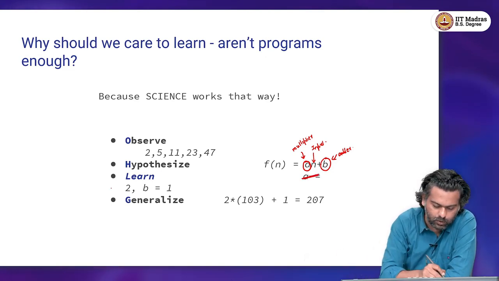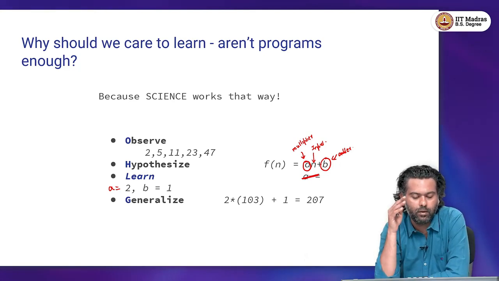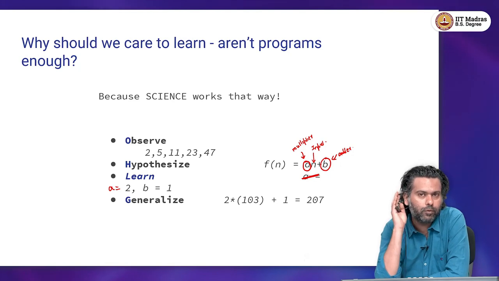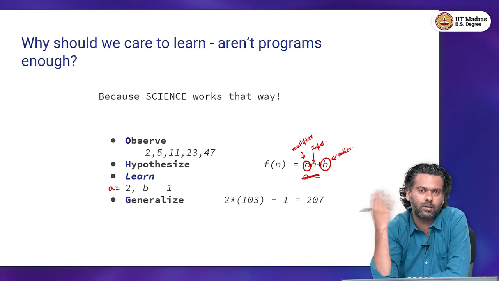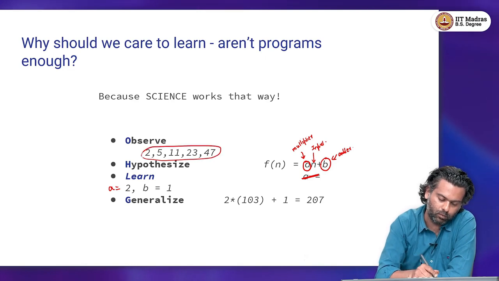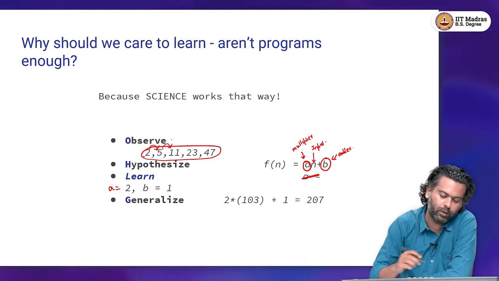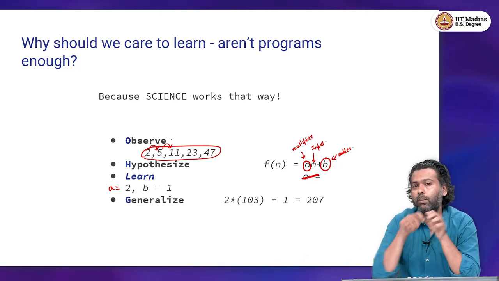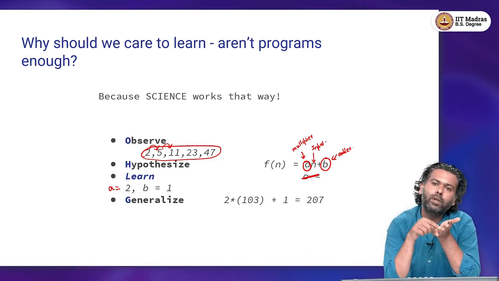So now that is where your data comes in. By looking at 2, 5, 11, 23, 47, if I believe the relation is A times n plus B gives me the next number, then by looking at these numbers, how can I go from 2 to 5 by multiplying 2 by what and adding what? How can I go from 5 to 11? Again, there are multiple ways of going from 2 to 5. Of course, you can do 2 into 2 plus 1,